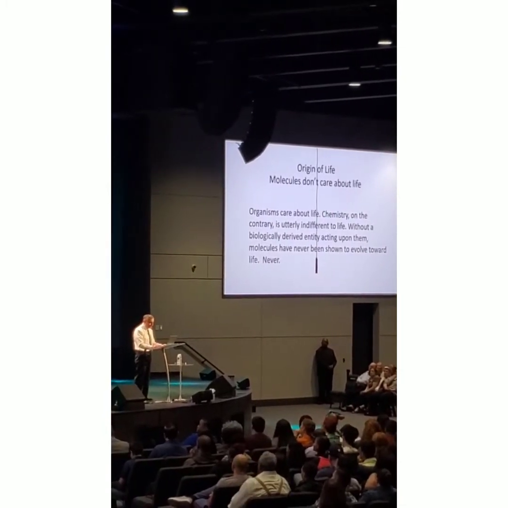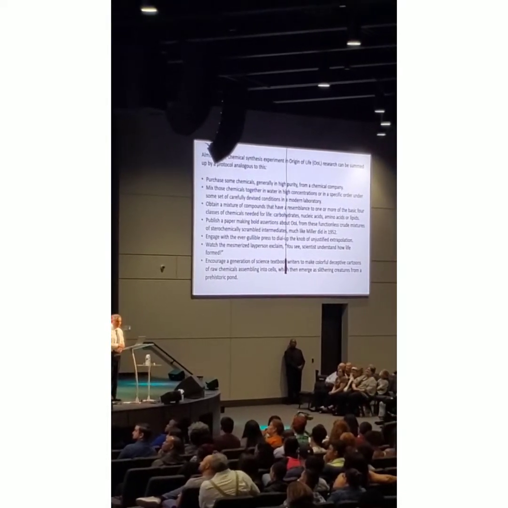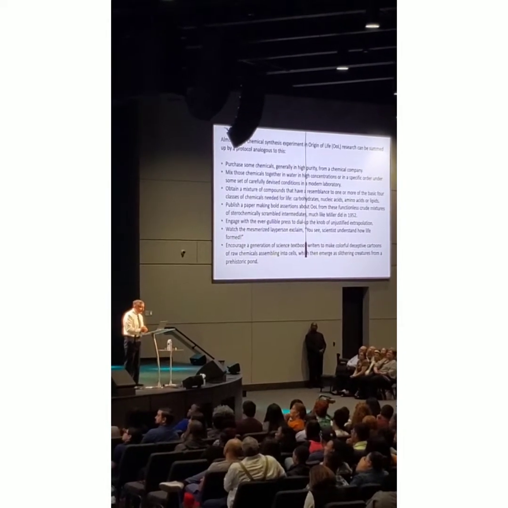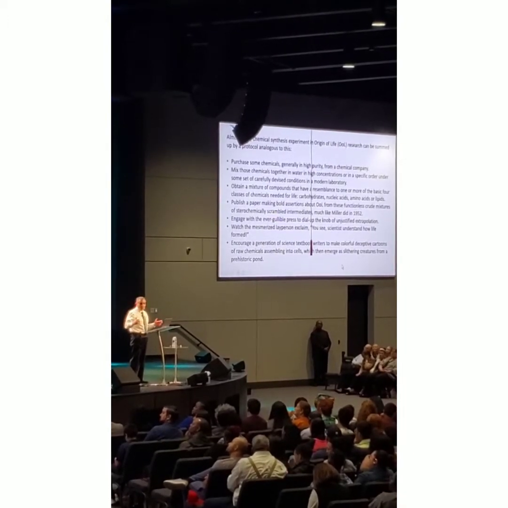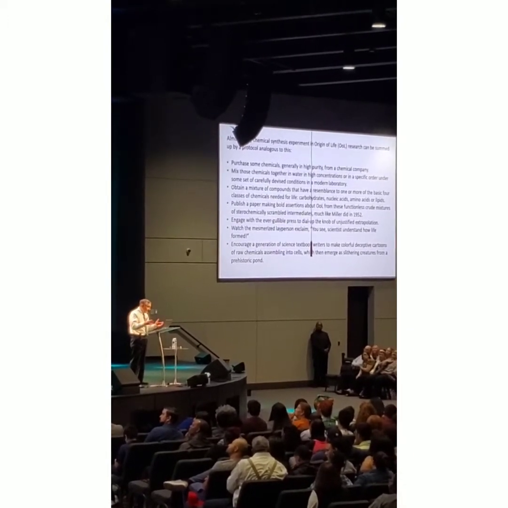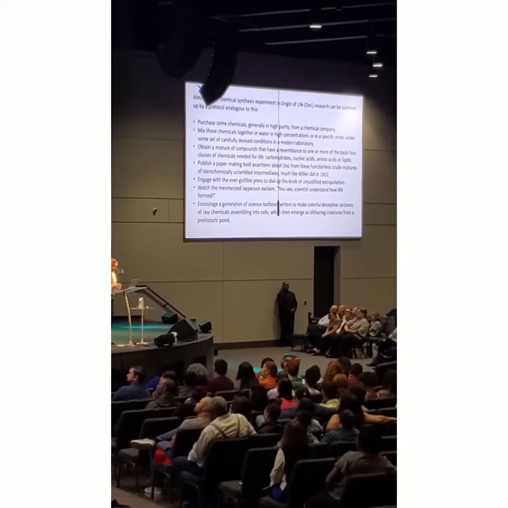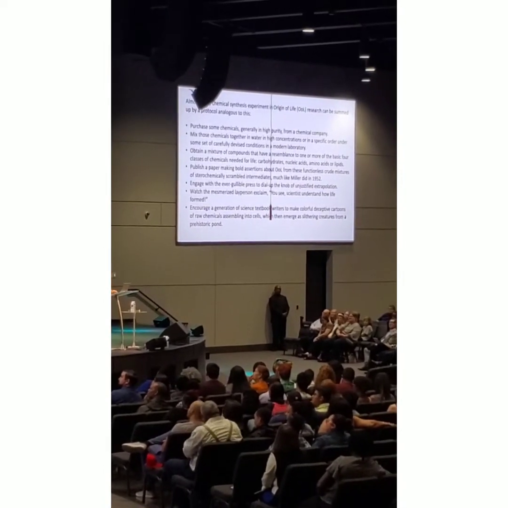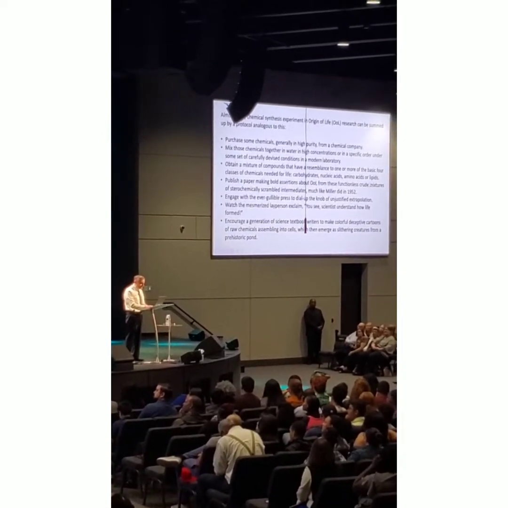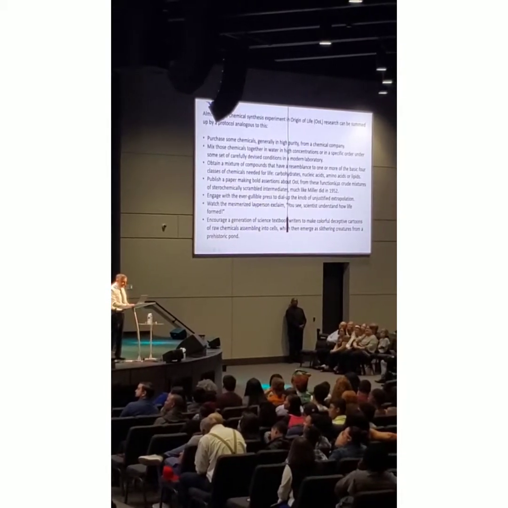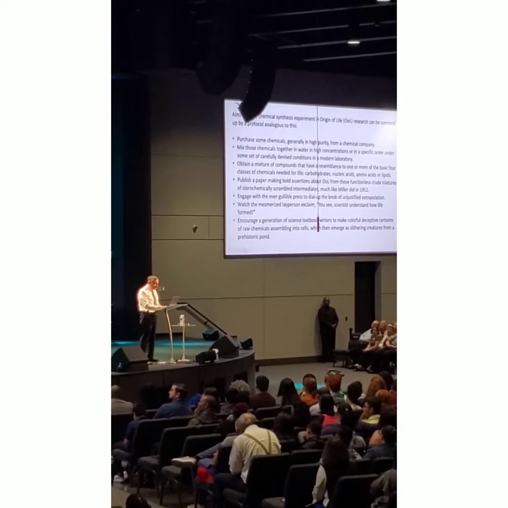It's never happened. All right, so every chemical synthesis experiment in origin of life, so you've got to make all the parts for the car. Well, how do you make them? Well, this is what scientists do in their origin of life experiments. They purchase chemicals from a chemical company in high purity. That's cheating. You have to make these. They purchase them. They mix those and be spread out throughout the earth or throughout the universe. High concentration, and then you get resemblance to one or more of the basic 4 classes of chemicals needed for life. That's carbohydrates, nucleic acids, amino acids, and lipids. So you have these 4 basic classes of chemicals. Just like in the car, you had plastic, you had rubber, you had sheet metal, you had steel. You have these 4 basic classes of materials.